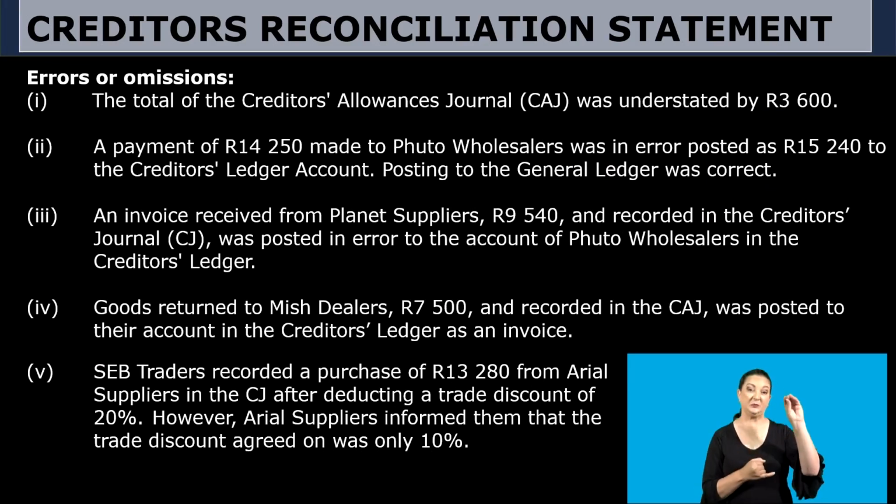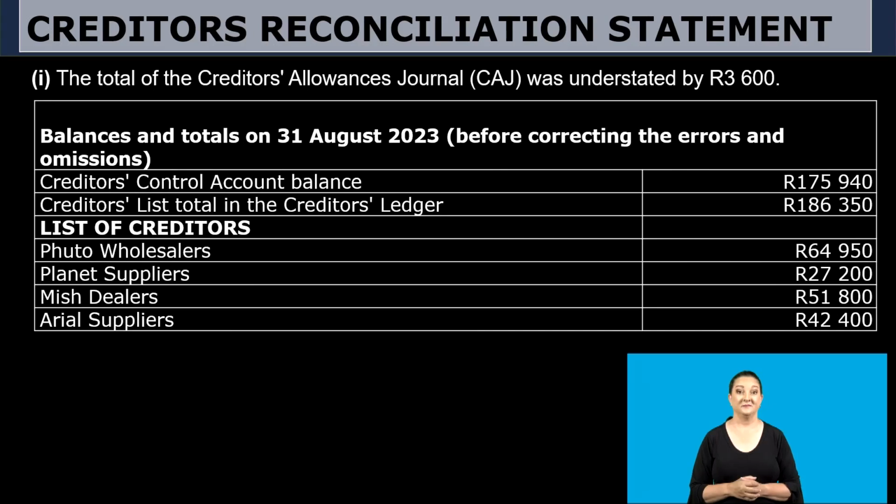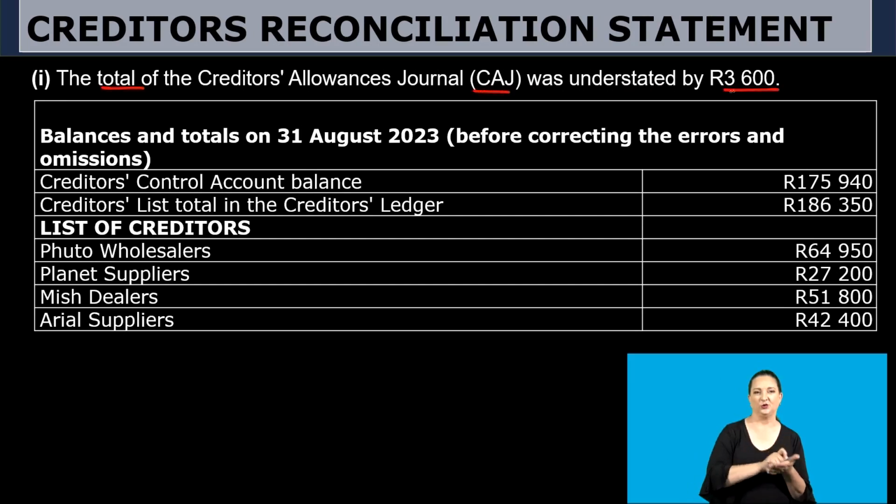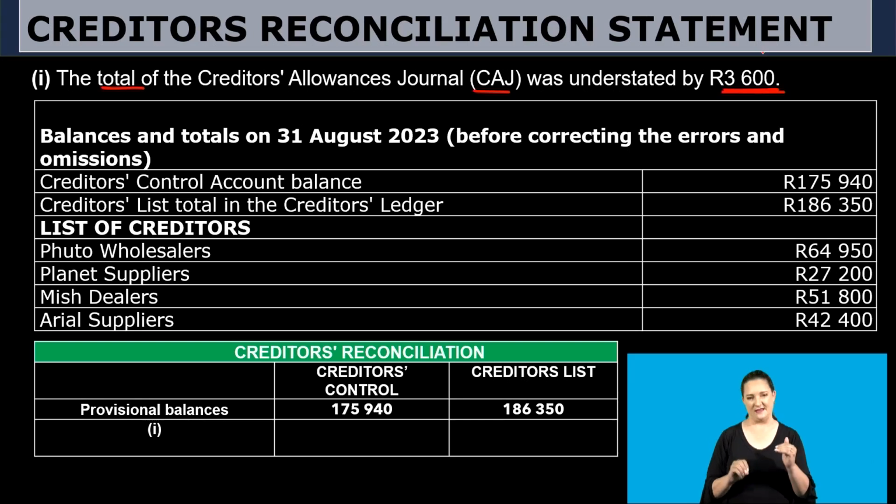Here are the errors and omissions. Let us then begin. Number 1, it says, the total of the creditors allowances journal, CAJ, was understated by 3,600. Okay, so once you hear the word the total of the CAJ, you have to understand that when we